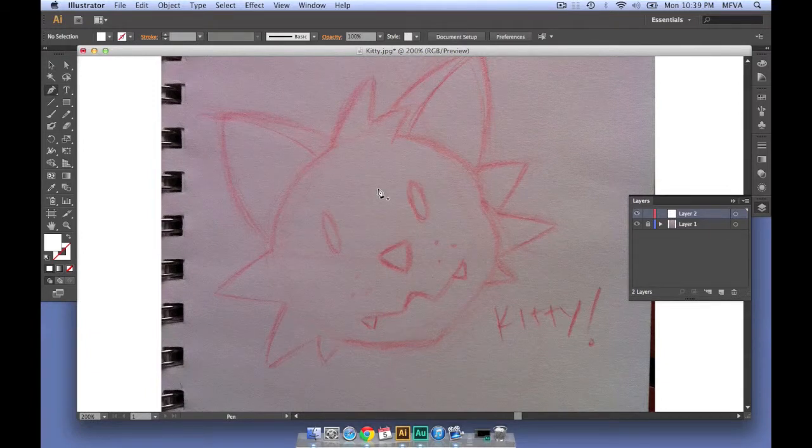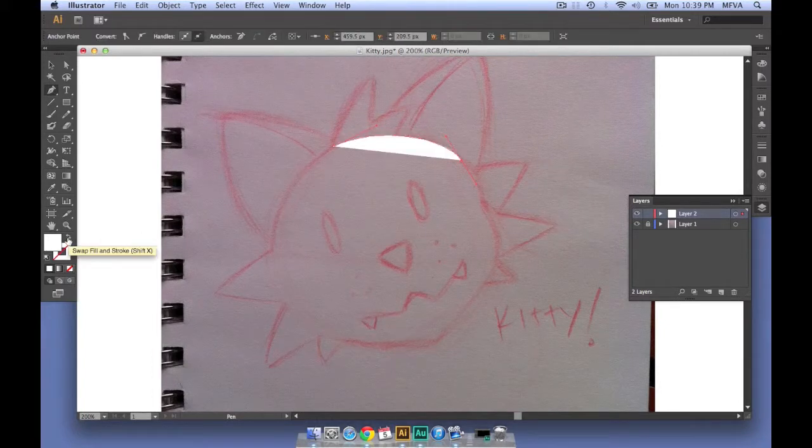And I'm just gonna do just a real simple basic shape of the head, and right now at this point I'm gonna flip the stroke and the fill color, so I just have the stroke going on while I'm working on the outline of his head. And there we go,